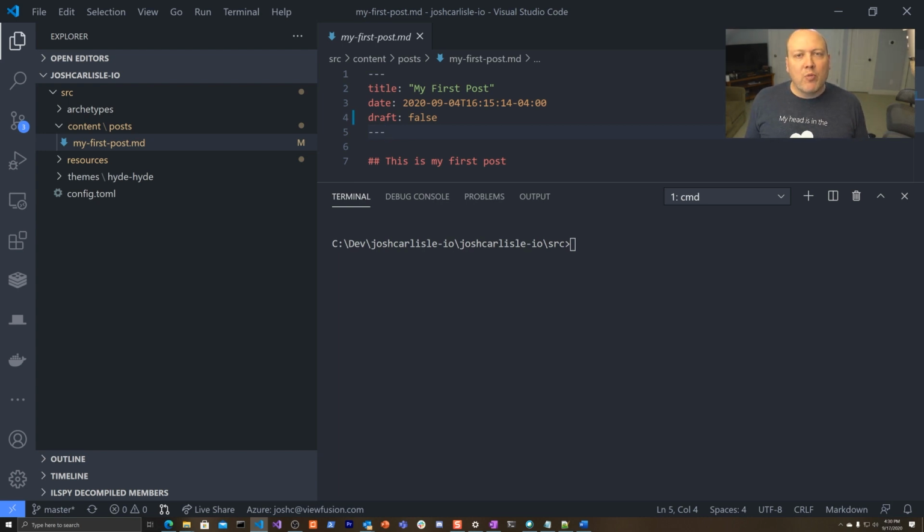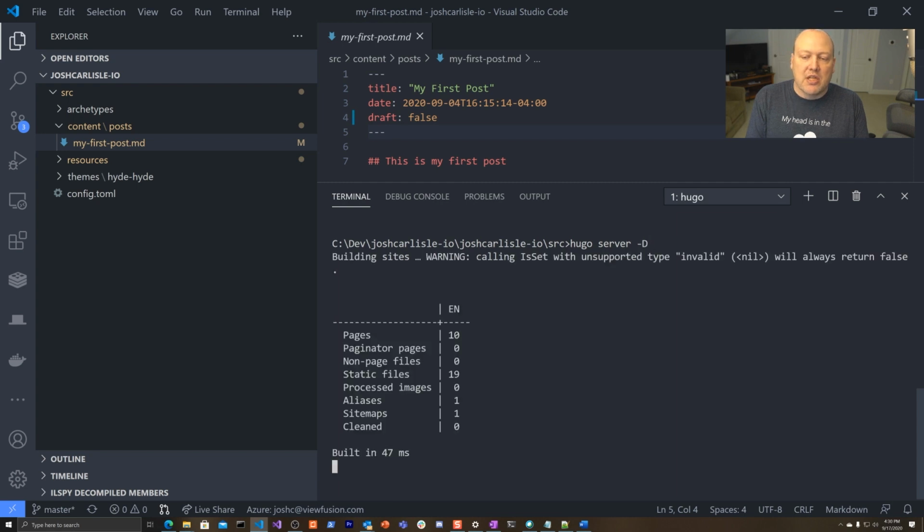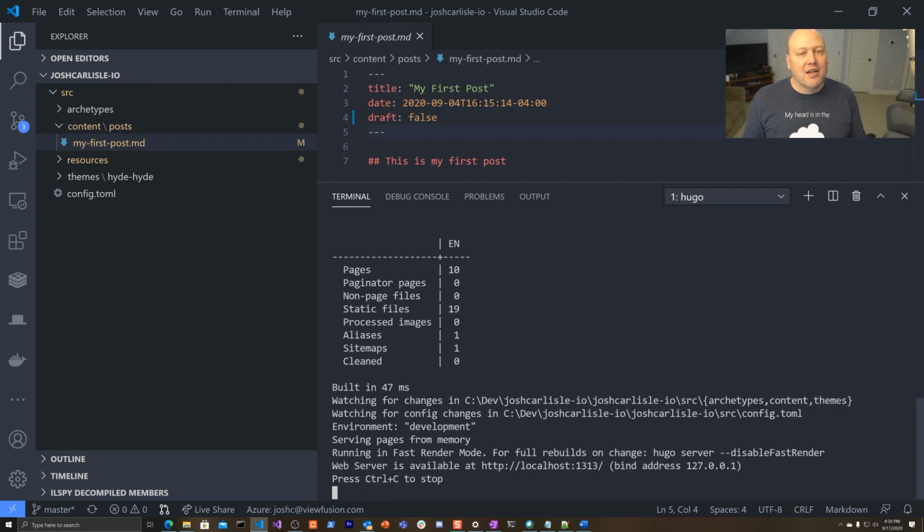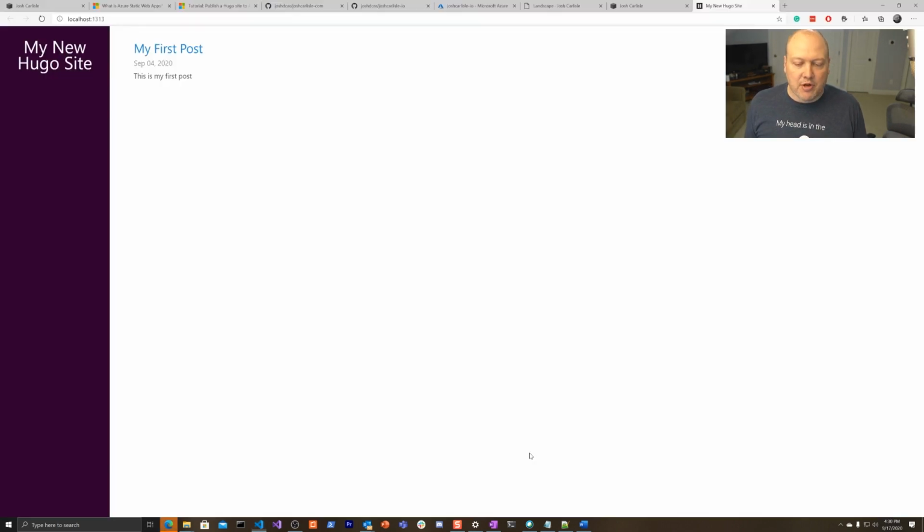Now, before we go ahead and try to wire in our Azure Static Web App into this site, I want to go ahead and test it first. It's always a good idea to test it first. So I'm going to use the Hugo CLI and do a hugo server -D, and that's just going to spin up a nice little local instance so that I can see this in action. One of the things you notice is it's really lightning fast. So let's go ahead and open up this link just to make sure that the site's actually working. There we go. Okay, so pretty basic, right?